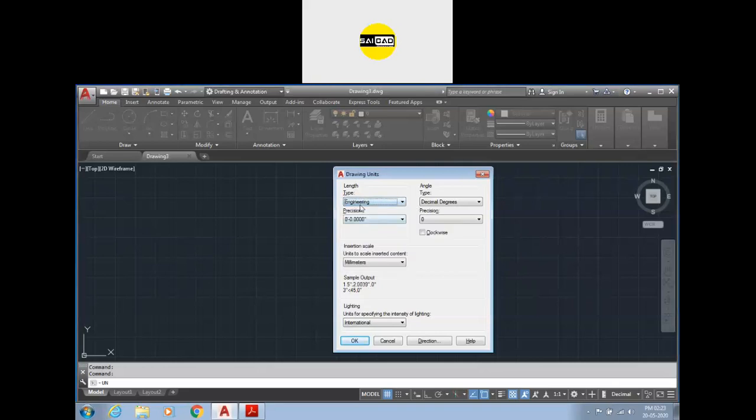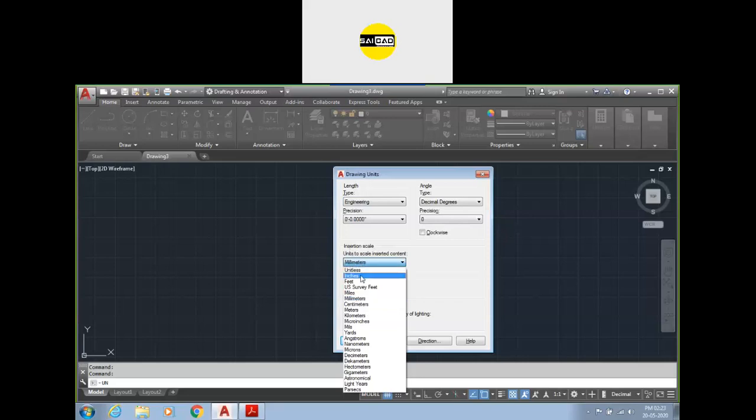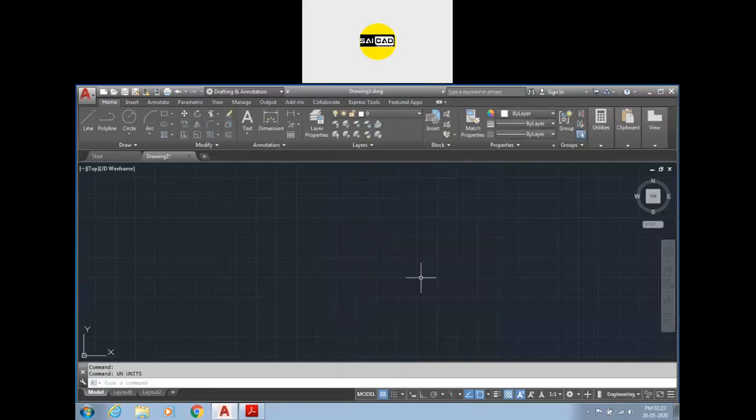Okay, so go to the units, whichever you need, specify the insertion scale to be inches, and set the angular precision up to 2 digits. Click OK. Units are set. But if you define anything, like I want a line of length 1 foot 5 inches, the value should be added with the symbols. Now you can see I have typed the feet with a single quote, and for inches, like 5 inches, the double quote up here.